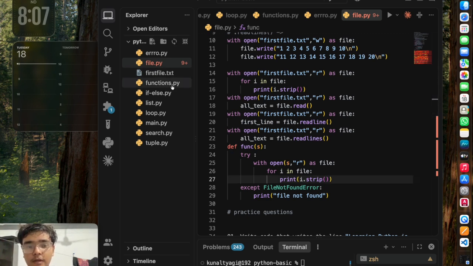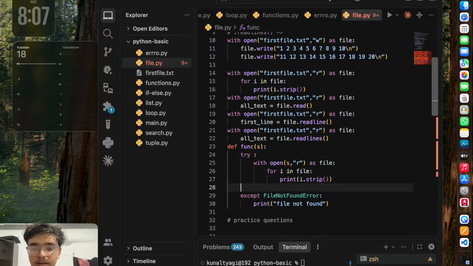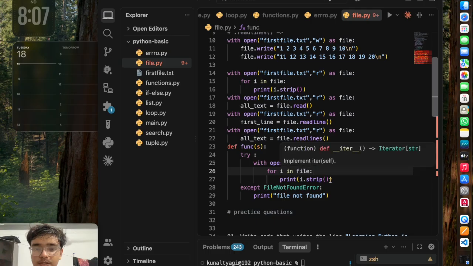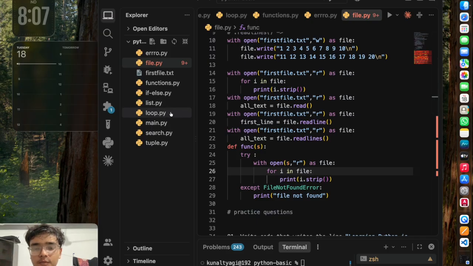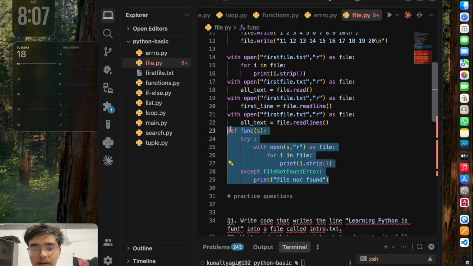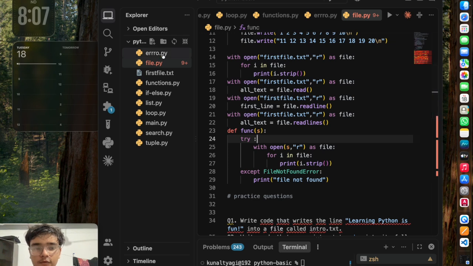And inside this with open you can also use conditional statements. We are already using a loop here. As you can see, we have also talked about loops. So all of these things are related, and the things we will do in future are also going to be related as well.